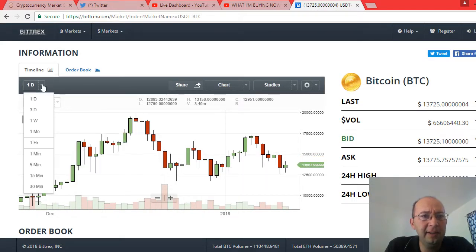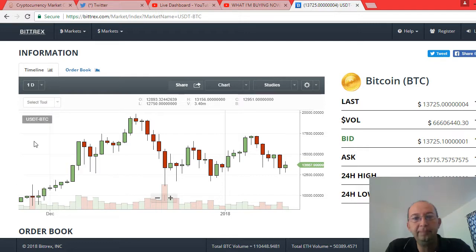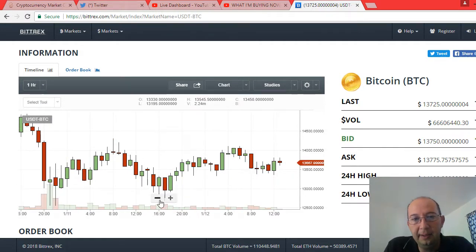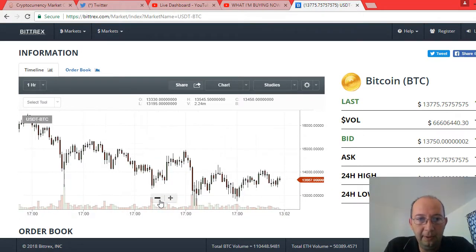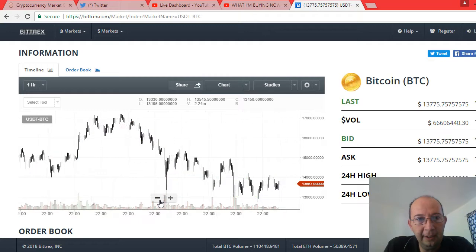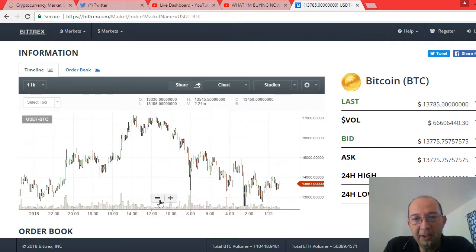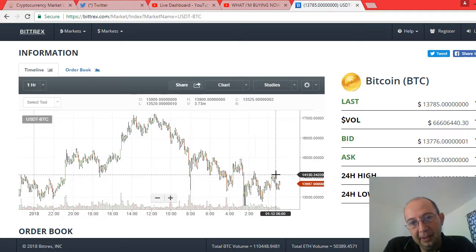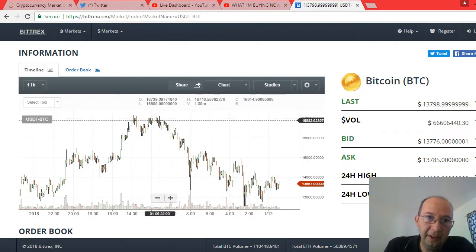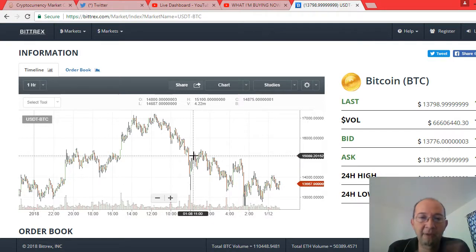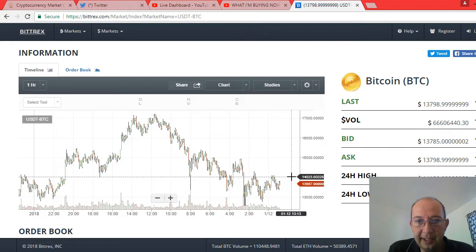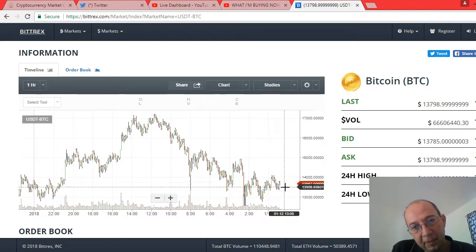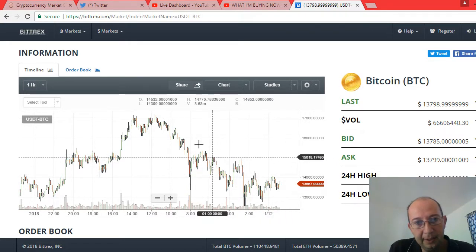let's see, 1 hour is what we're looking for. This is Bitcoin to Tether. All right, we're still definitely on a downtrend. We're at the upper part of this downtrend, meaning if we could break this here, if you could imagine a line,